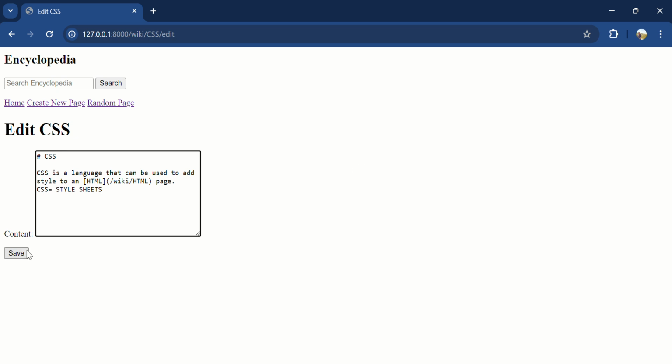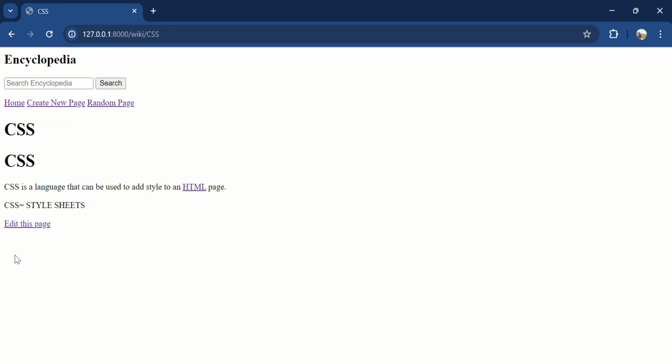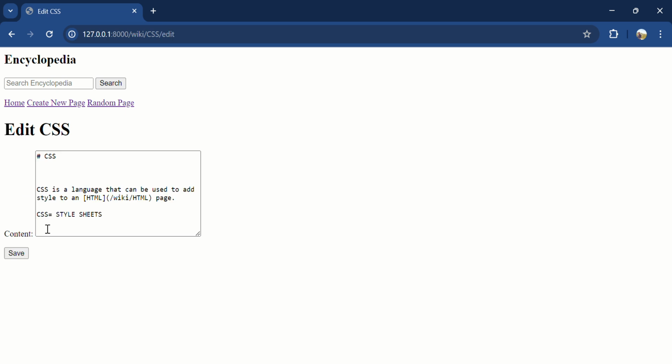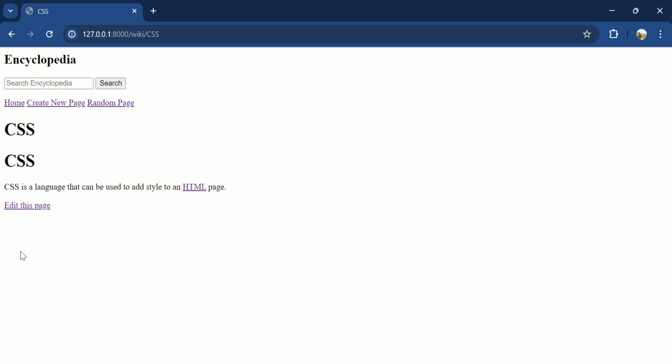If we click on the save button, then the contents will be saved, and we can see our newly added description here. And if we remove this, we just need to clear this and save it again. And coming to the home page,